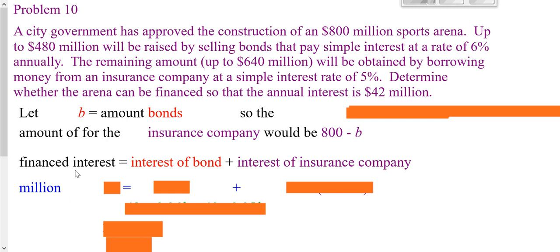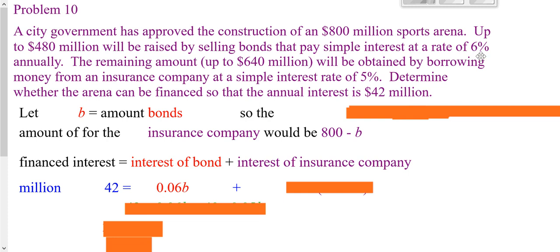We have our total amount that's financed, which is 42 million right here. Then we'll have to set that equal to what we have to pay in our bonds for our interest and what we have to pay the insurance company. When you're figuring out interest, it's always just your interest rate times the amount you put in. We're putting in a B amount, and our interest rate for the bonds is